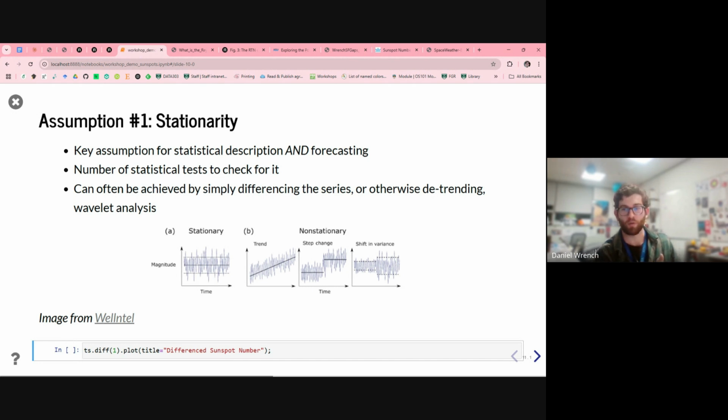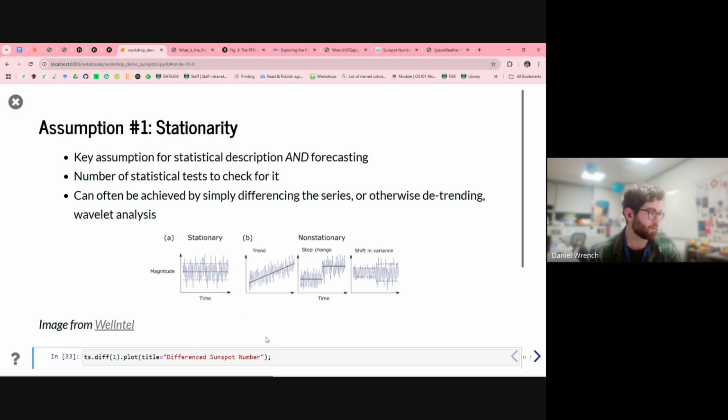As you can see with our solar wind data set, this clearly has this, even if it doesn't have much of a trend, it's still on short time frames, the mean changes a huge amount. And indeed the variance as well, as we saw going from the minimum at the trough to the peak of the cycle, you see the variance change quite a bit. But often you can achieve a stationary series, and therefore go on to do your forecasting in a more robust manner, by just differencing the series.